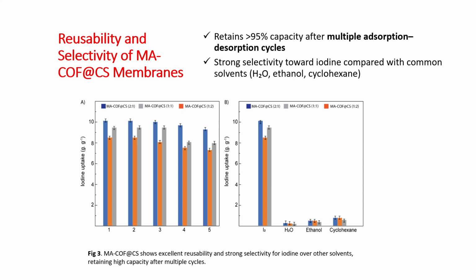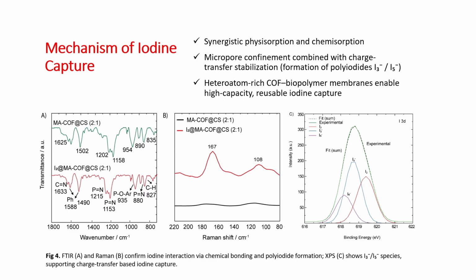The hybrid material also shows good recyclability and retains its efficiency by 95% after 5 cycles, and also shows a good selectivity for iodine when we compare it with other compounds like water, ethanol, and cyclohexane. The mechanism behind the adsorption of iodine here is physisorption and chemisorption, and we confirmed that by using